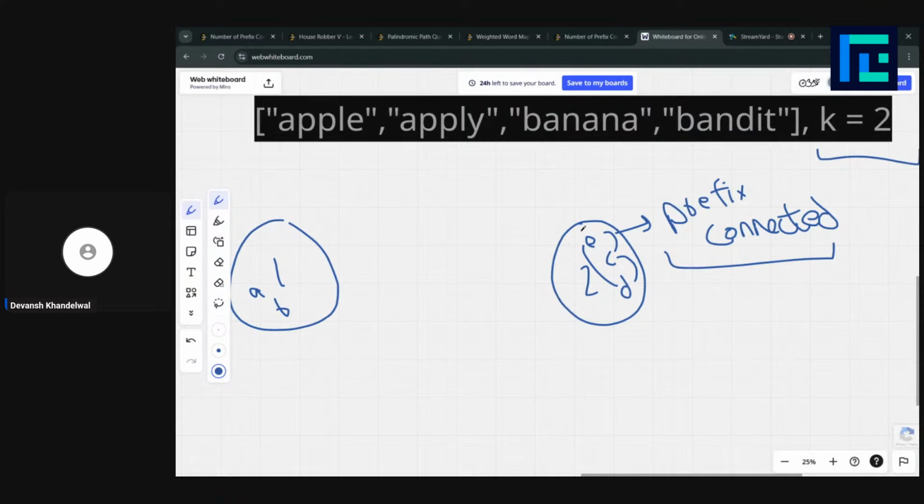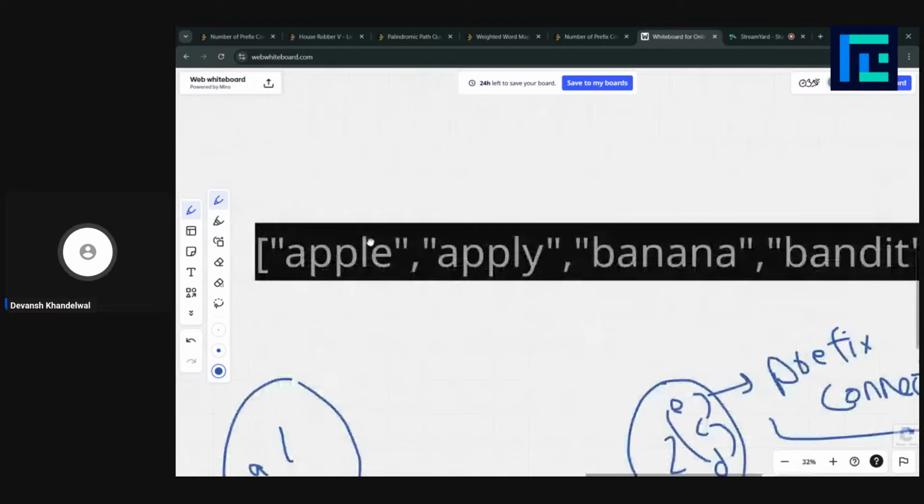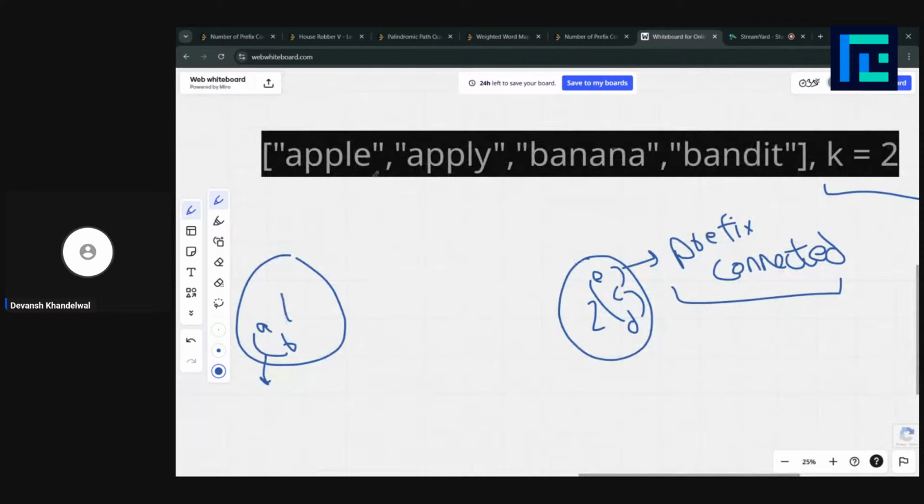Similarly, these two should be prefix connected. So we need to find the number of groups here, and then return the number of groups with size greater than or equal to 2.